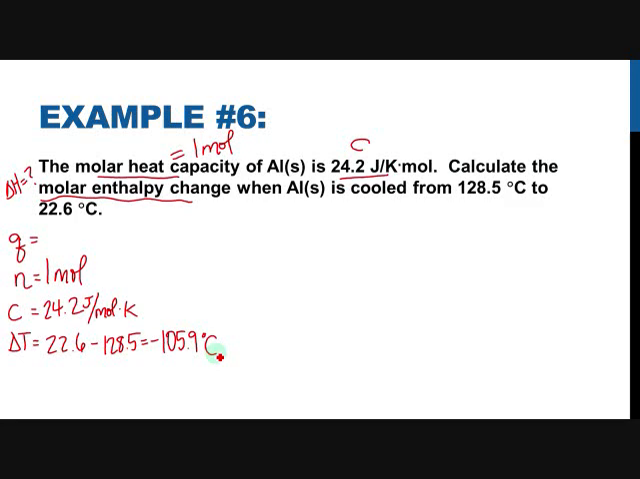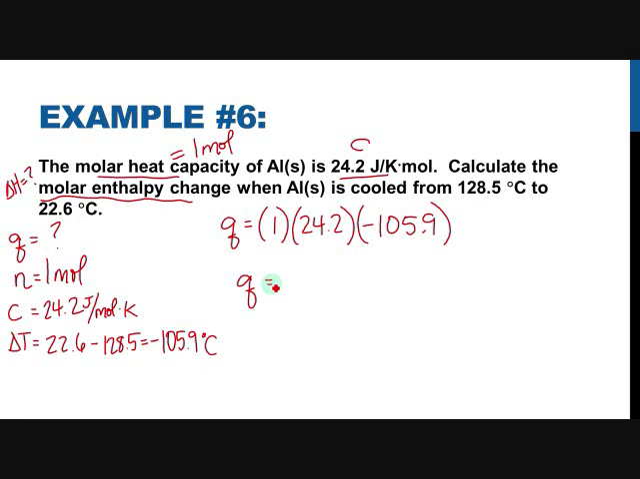Now remember, again, Kelvin and degrees Celsius are interchangeable because the differences between them would be the same amount. If you wanted to do more work and change them to Kelvin and then subtract, you're more than welcome to, but you'll still get negative 105.9. Okay, so let's solve for Q. So 1 mole times 24.2 times negative 105.9. Now I'm including that negative because that's going to help us figure out the molar enthalpy sign. Okay, so when we solve, we get negative